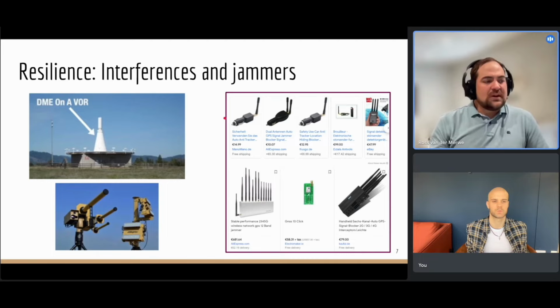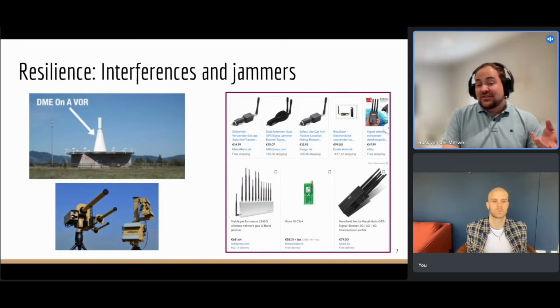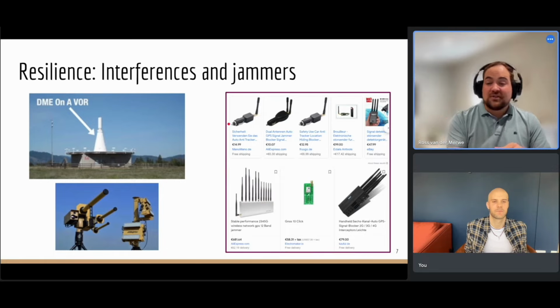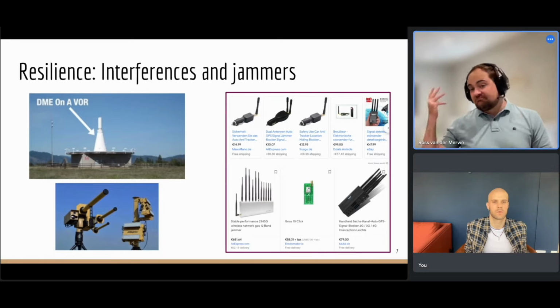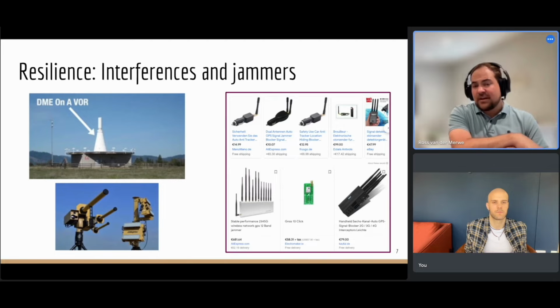Now, the use case here and why this is actually an issue in Europe is if you have somebody in a car, and it's a company car or they're a truck driver, it's obviously a company truck, and they don't want to have the company tracking them, knowing where they are. And this is why, if you look at these three at the top, they fit in the cigarette lighter of your car. So the idea is people put it into the car, you can no longer track the car, so now they can drive where they're not supposed to be driving with the car according to the company. So this is actually a problem we want to find and remove these. And in all three of these cases, they interfere with GNSS and we want to deal with it.